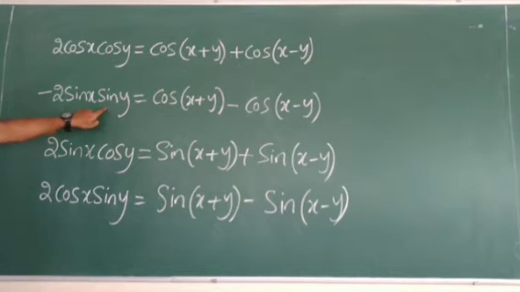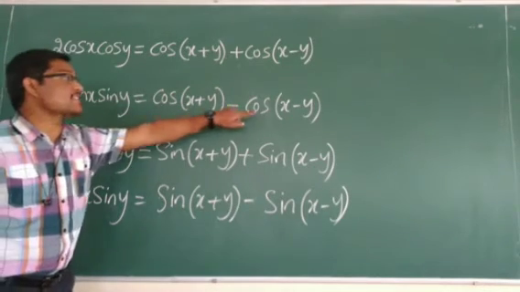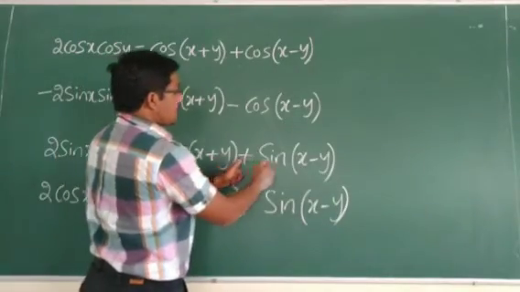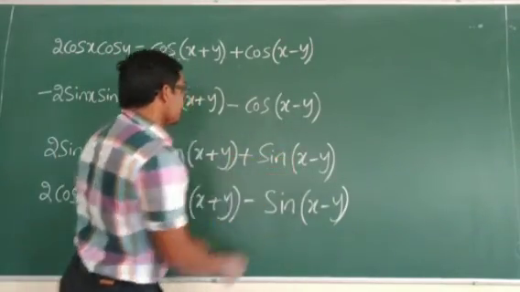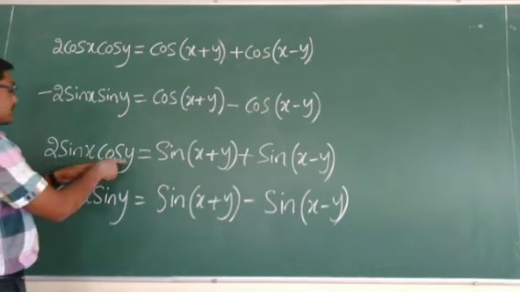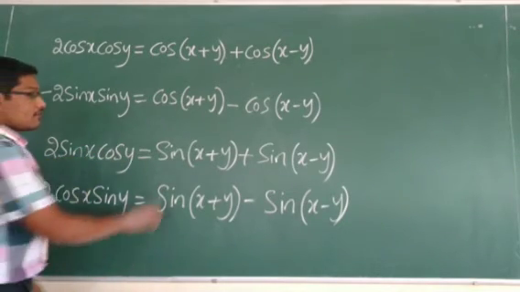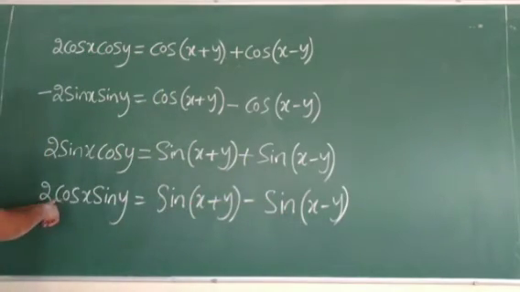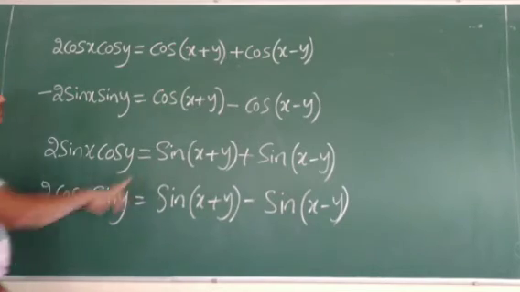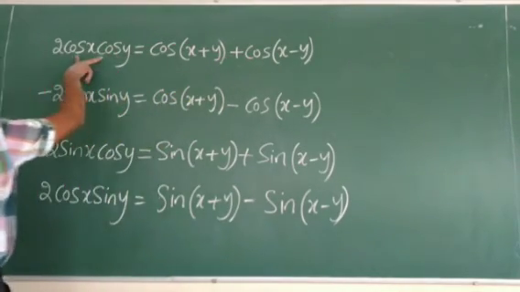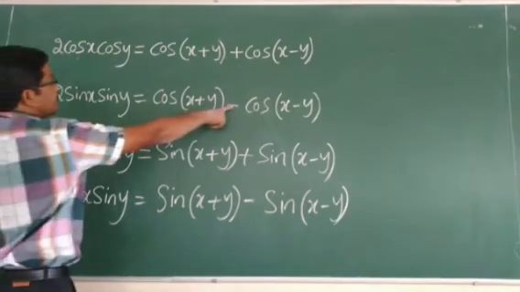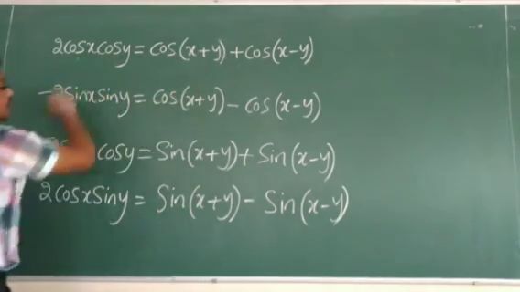And in the previous case also we have seen, when you are getting cos minus cos, the sign you had was negative. So here also you get a negative sign. And when you have sine plus sine, we get 2 sine cos. That means one sine, one cos. Again when you have sine minus sine, again we get 2 cos and sine. When you have both cos, we get the similar terms. So when it is negative, we get sine. When it is positive, we get cos.